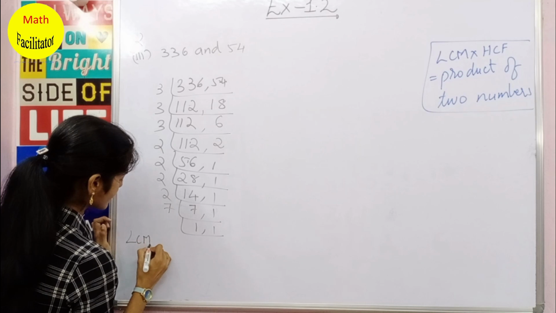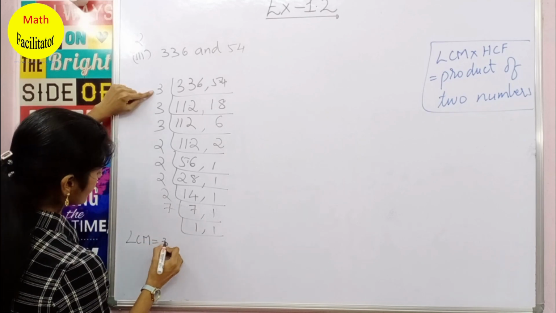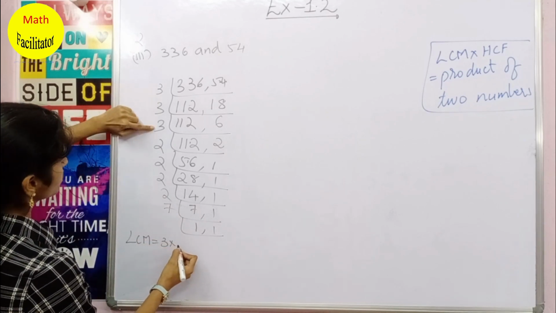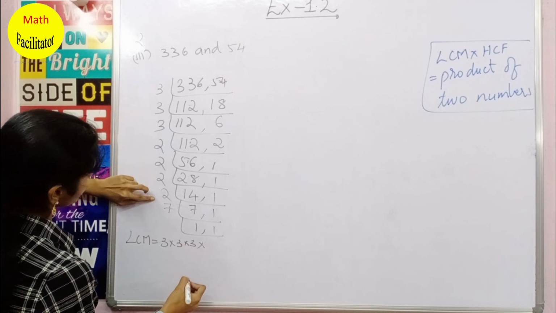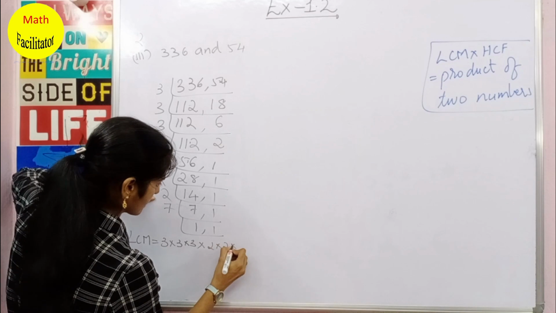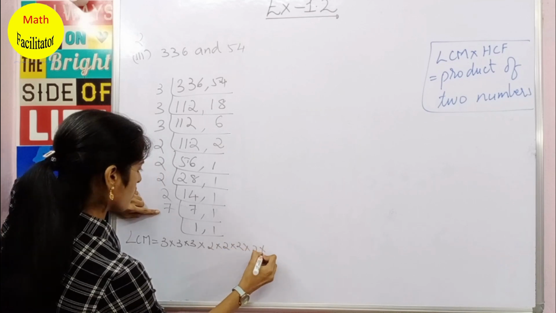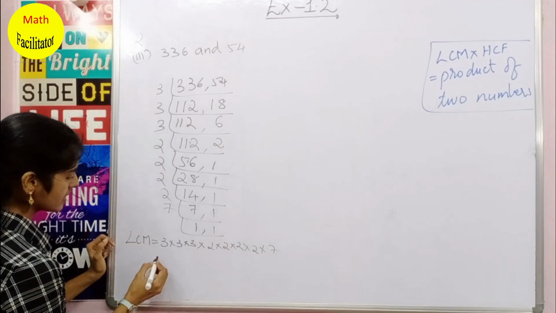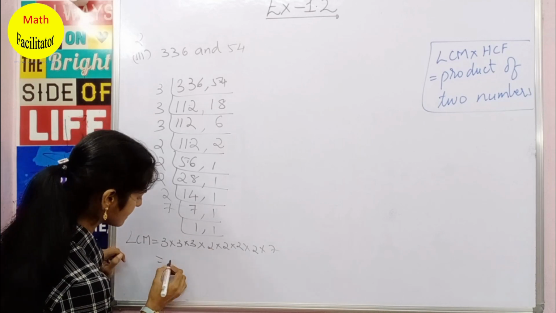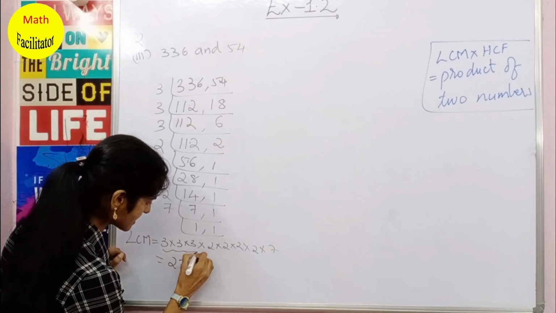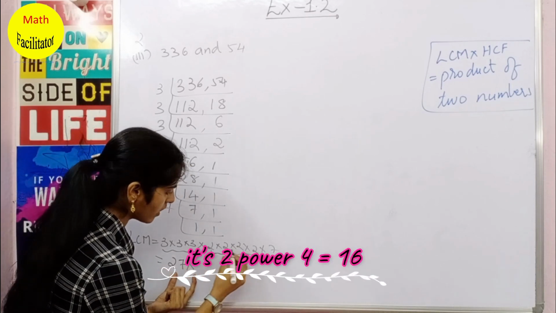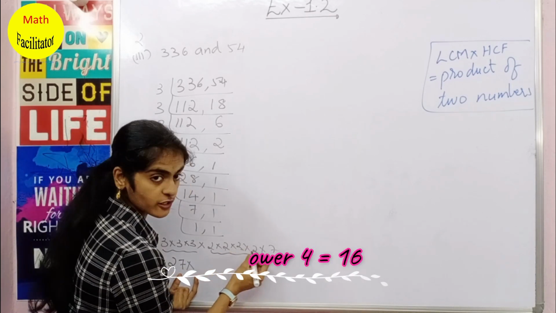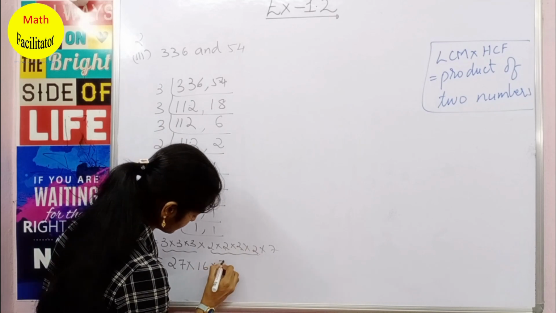Now what is the LCM? LCM is nothing but 3 multiplied how many times? 1, 2, 3. Okay, so 3 multiplied 3 times, 2 multiplied 4 times. Okay, and 1 7. Okay, so this you can write it as 3 cube, which is nothing but 27. Now 2 cube, I mean 2 to the 4th, is nothing but what? 2 2s are 4, 4 2s are 8, 8 2s are 16 and you have 7.